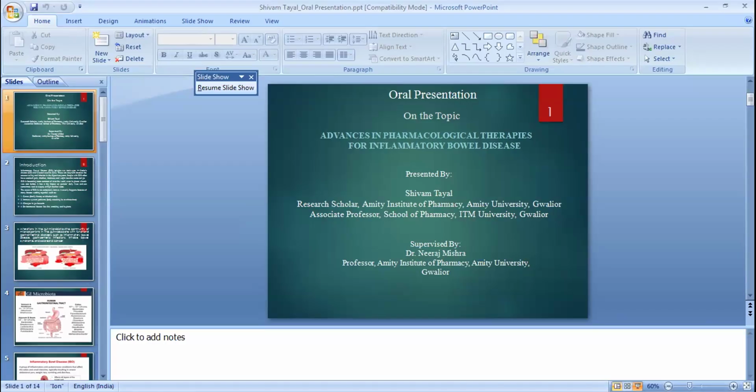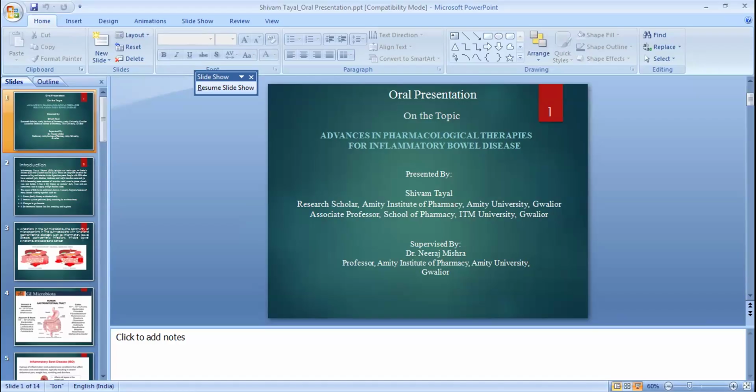This disease was very uncommon earlier in the world, but nowadays it is becoming more common day by day. It creates a very big impact on the patient's life, and in some cases it also requires surgery for relief from this disease. As such, the exact cause of IBD is not known, but there are certain factors which aggravate this disease, and these factors are genes, meaning family history or inherited disease.